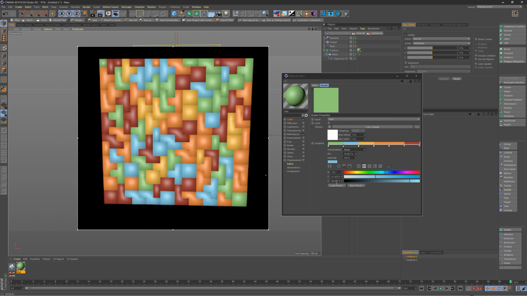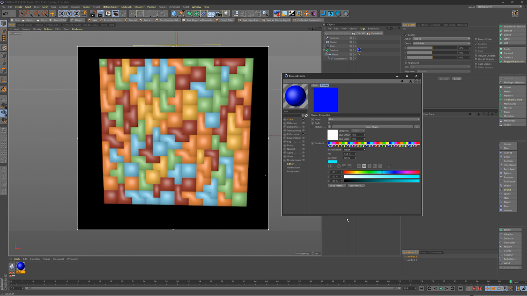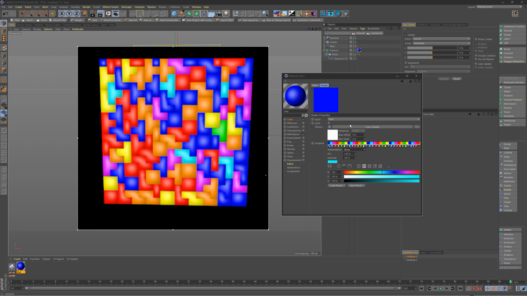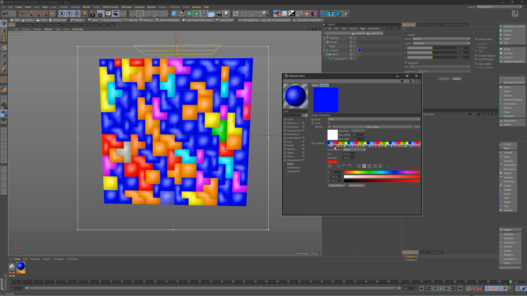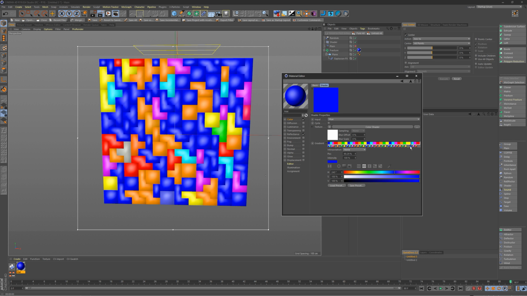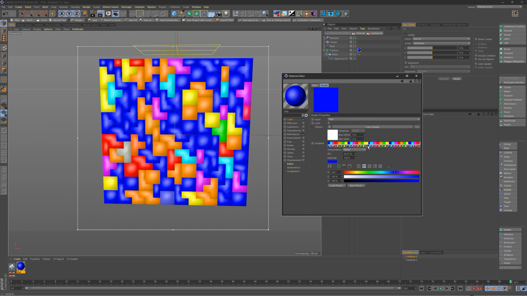But I have already set up a gradient preset with the Tetris colors. You'll see that they're probably a little more saturated, but of course you can tweak them however you want. This gradient will be available in the scene file along with everything else that we're doing here, so you don't have to do it by hand if these are the colors that you want. And you'll see too, by just sliding a few of these around, you'll change a few individual bricks. If you're feeling like maybe it's too much blue over here, the tricky part is you don't know exactly where it's picking from for each clone, so